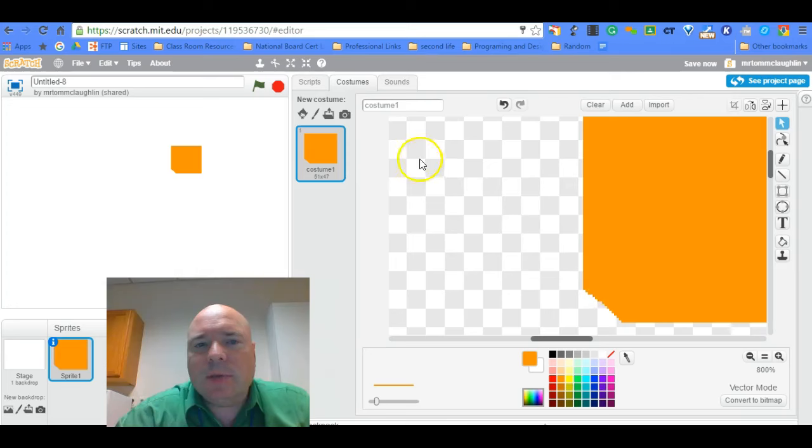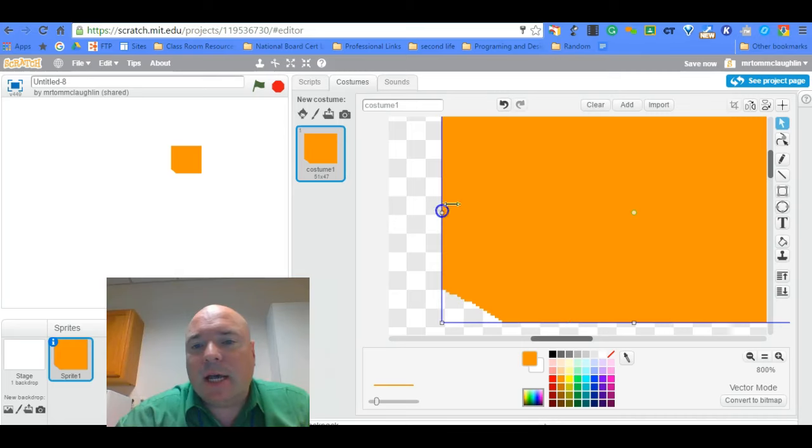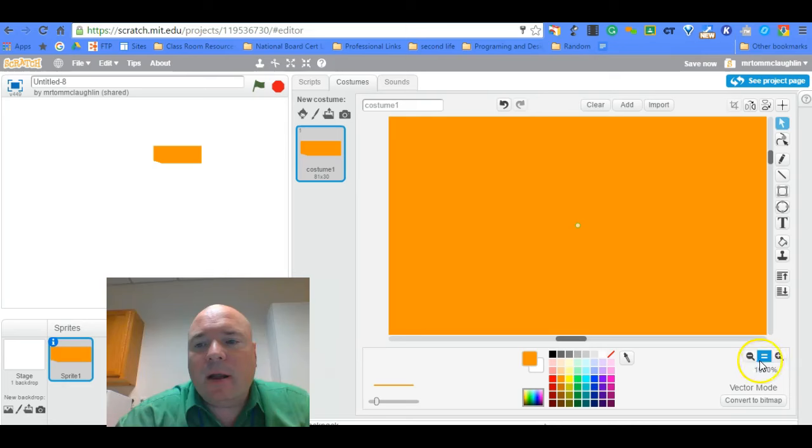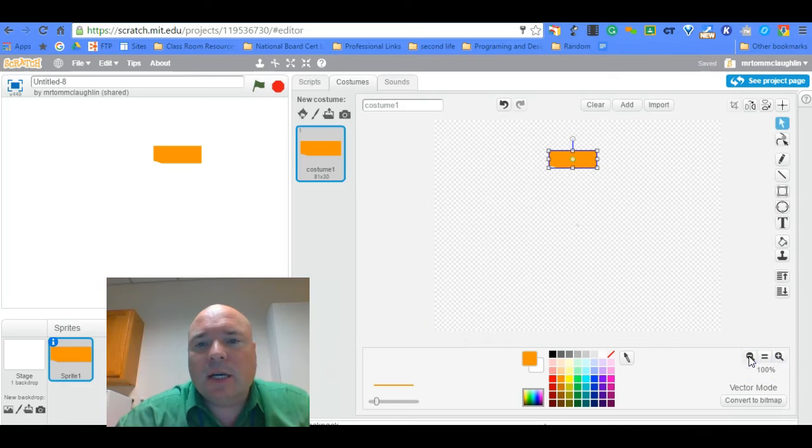Our image changes, but now if I use, oh, there's no eraser. I can't erase pixels in vector mode because this is a math equation that it's used to draw this shape. So I can change its size and stretch it out. And I can make it bigger and smaller, and I can zoom in. But no matter how much I zoom in, it's not going to change. It's the same shape. But if I take it and I make it bigger,